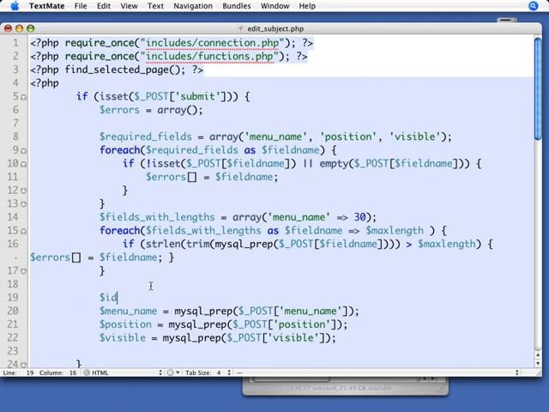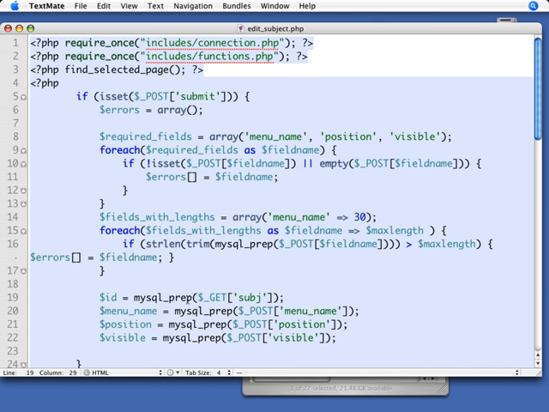But with an update command, we have one more thing that we need to get. We're going to need to have the ID that we want to update. And we can do that by doing MySQL prep on the get that we sent with the link, subject, SUBJ. Oops, I'm missing a P on prep. There we go. Now, performing MySQL prep on the subject ID probably won't do anything, so it's not going to hurt us, and it might end up helping us,